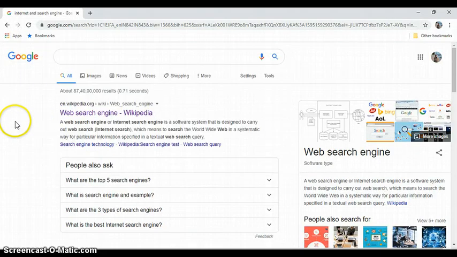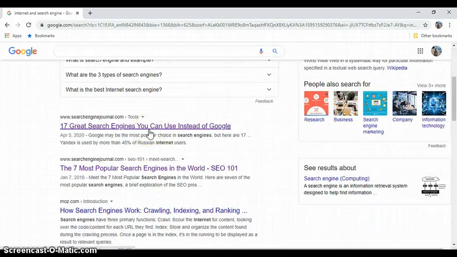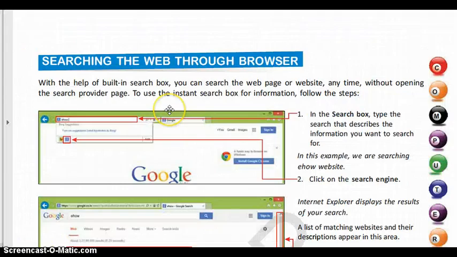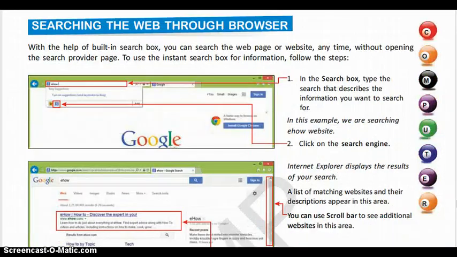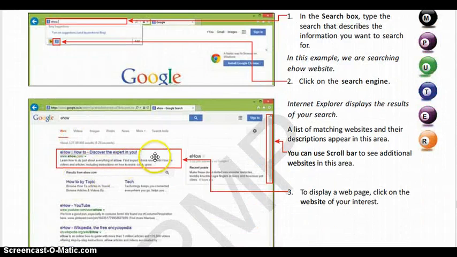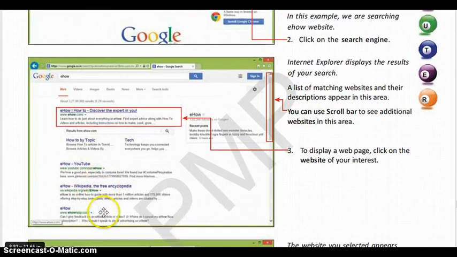So you can see how you have learned. I'm sure you have learned all these ways of searching the web. So I hope you all have understood this part. Searching the web through the browser, you have to type it here and then you just have to click the enter button. All these lists will appear.